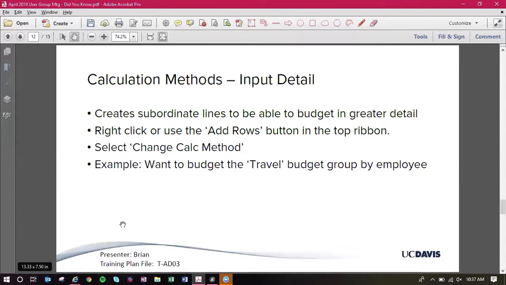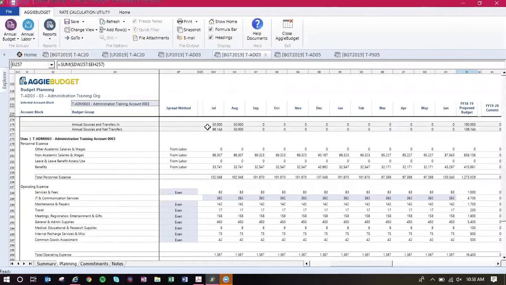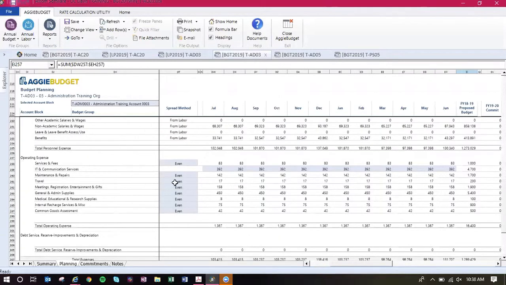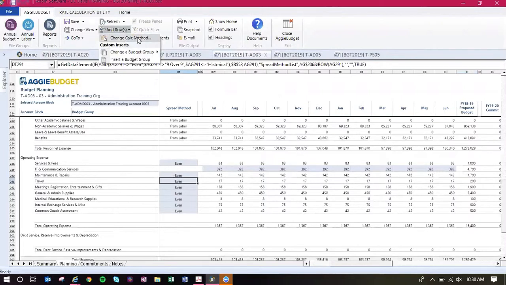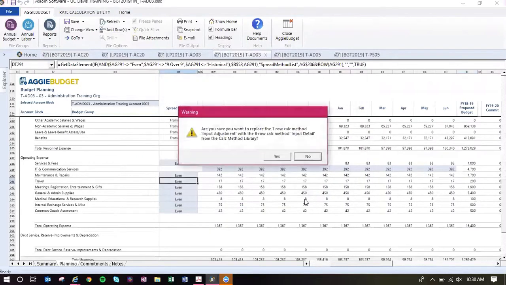So next we're going to look at input detail. This is going to allow you to create subordinate lines below those budget lines. So let's say, for example, for travel, we want to know not just what our unit's travel cost is going to be, but we want to be able to capture that information by employee. So we'll go up to add rows, to change calc method, input detail, and this is going to create subordinate